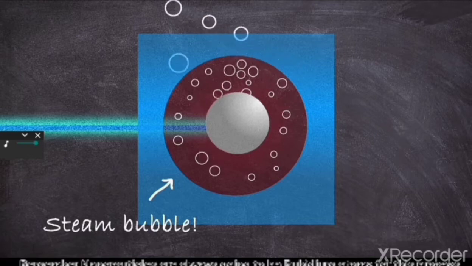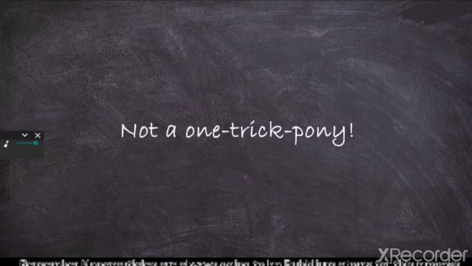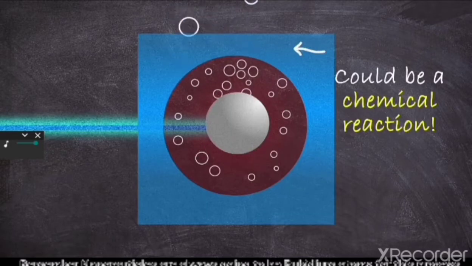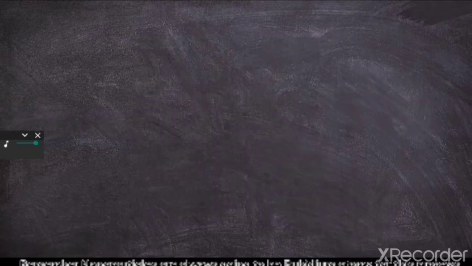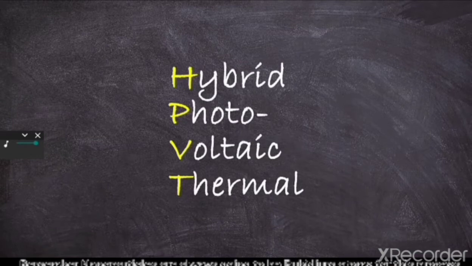You therefore get little bubbles of vapor that are nucleated by these particles and float out of the water as steam. Of course, you don't have to only do this with water. This allows one to, for example, catalyze a chemical reaction using light at illumination levels where it naturally wouldn't occur. But going back to this heating of water idea, this also has applications to create so-called hybrid photovoltaic thermal cells,